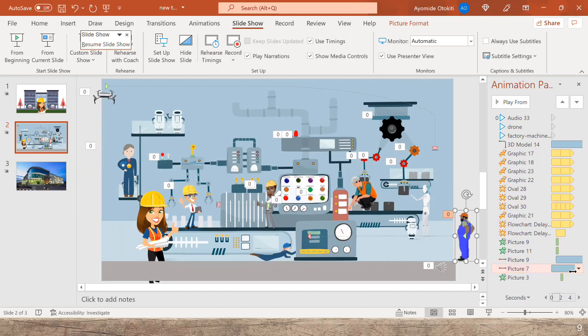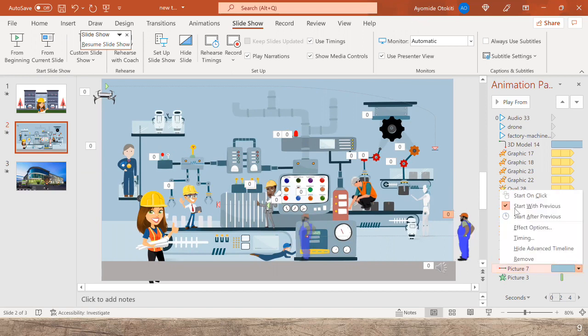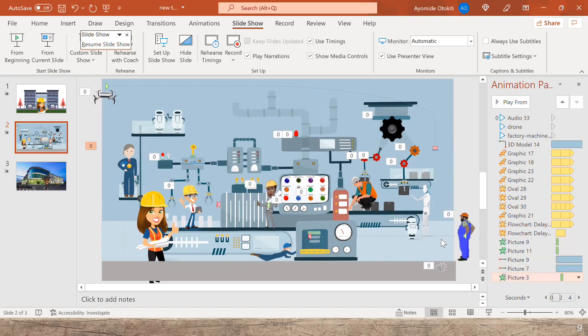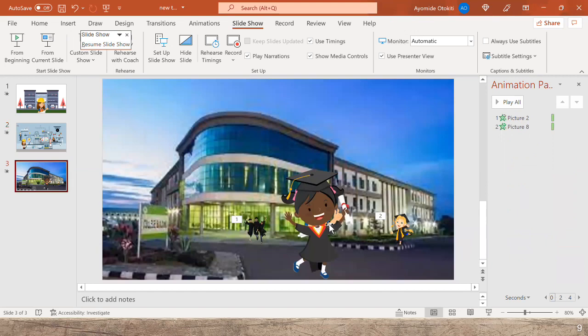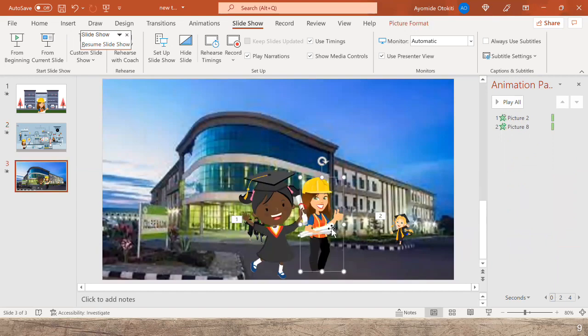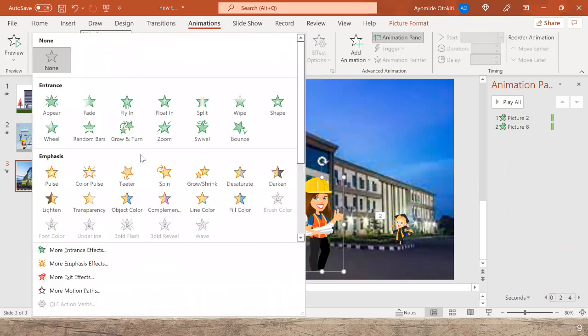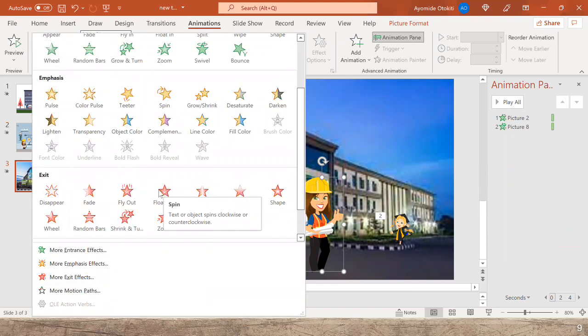You want this to also start with previous. Then last thing, we want to give an animation to this to exit. So we want to give an exit animation to her. Once she morphs in, she's meant to exit. So more exit effect is to,